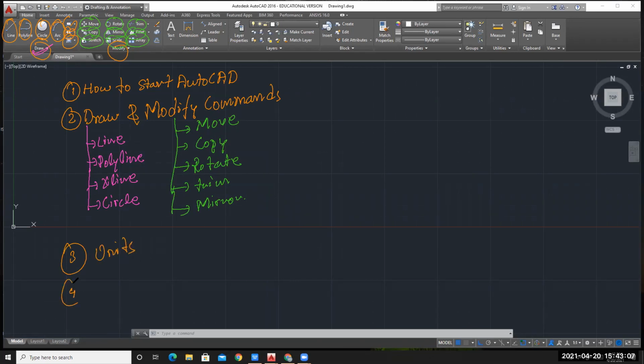Then you have seen limits. Let me draw a line over here. The fifth one we have seen after limits, line command.